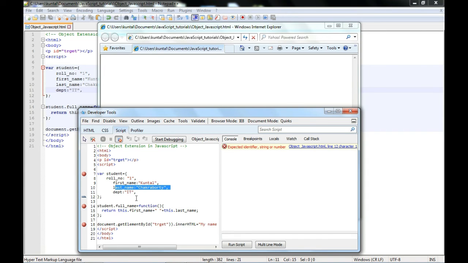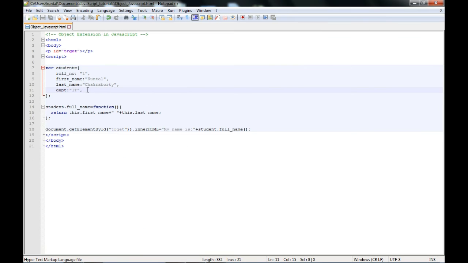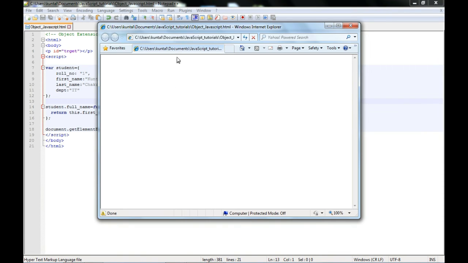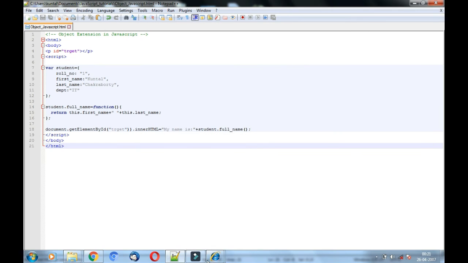Yeah, the debugger has opened. I have put some breakpoints over here. These breakpoints will allow me to catch it, but as it is a syntactical exception, it will be difficult.